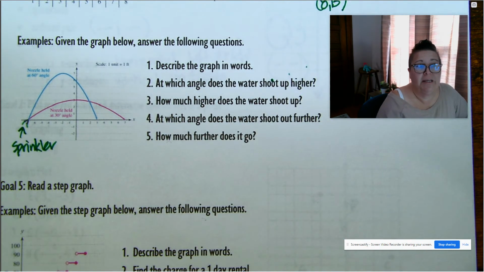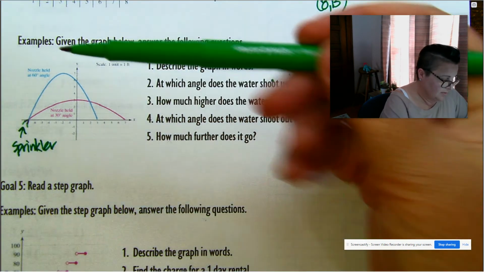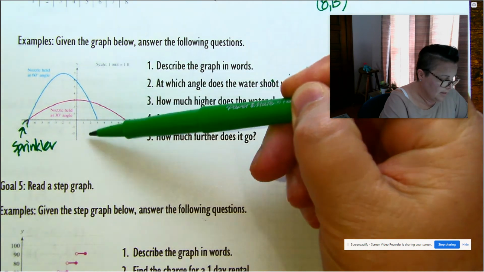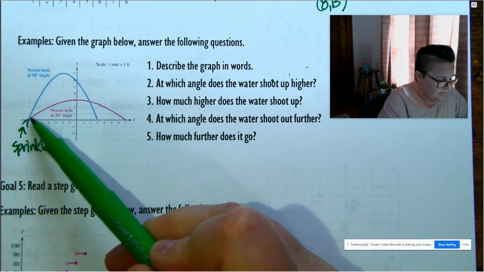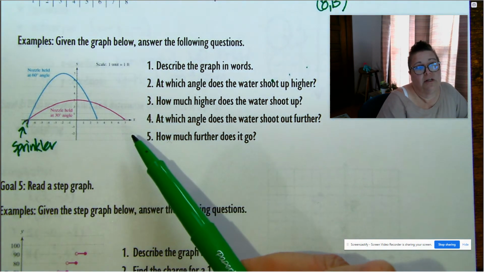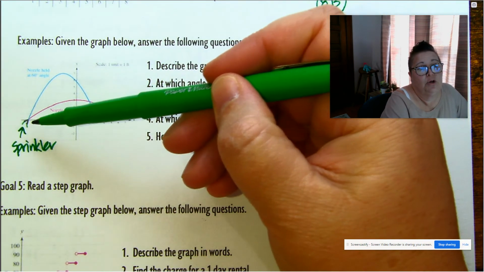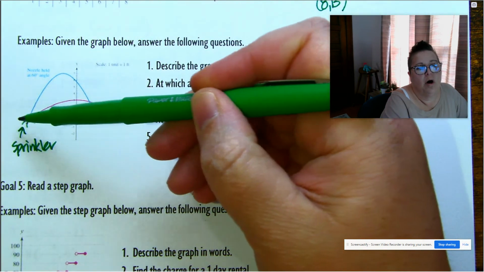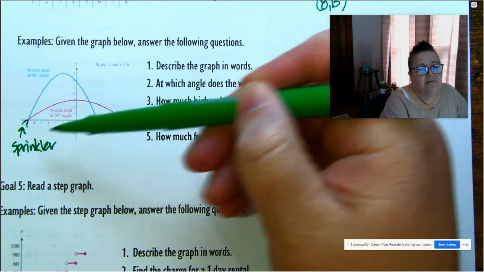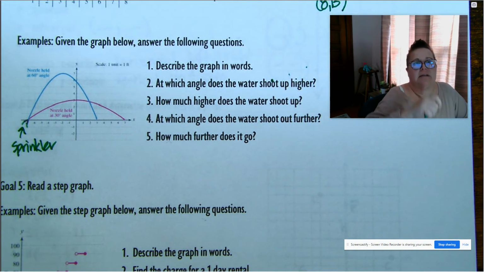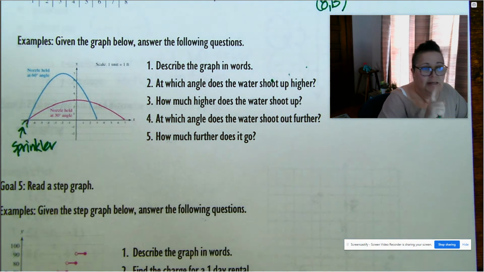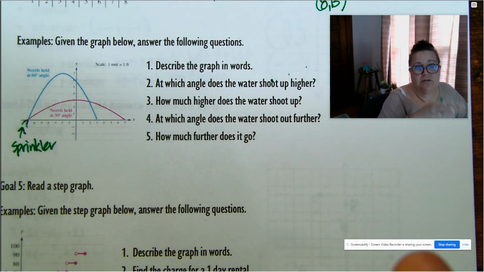So what are we showing here? We are showing the spray from a sprinkler if that sprinkler head is held at 60 degrees and if that sprinkler head is held at 30 degrees. So the blue line represents the water spray if the sprinkler head is at 60 degrees, points 60 degrees up, and then the red line is if the sprinkler head is 30 degrees up. So